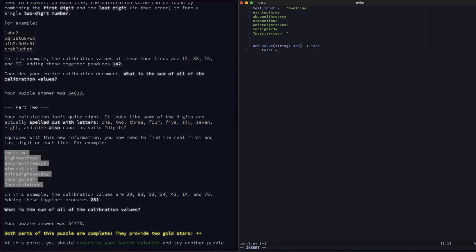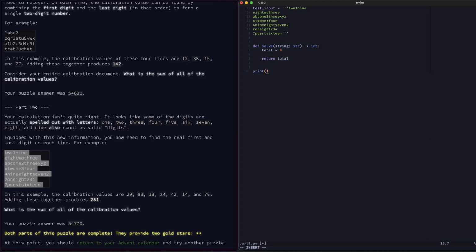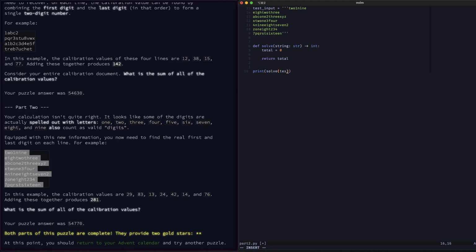Let's do total equals 0, and let's just return the total to start with, and then let's set this up straight away, exactly the same way as I just set it up in the last one. So print solve with the test input,